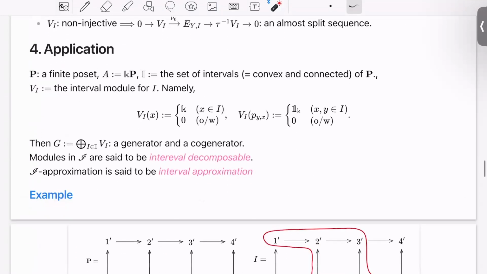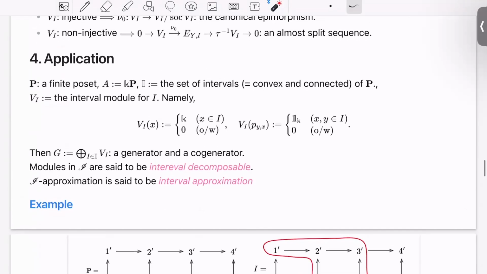Now, application. The main application is for the interval case. Now let P be a finite poset and A the incidence algebra of P, and I the set of intervals. An interval means a convex and connected subposet of P. And V_I is the interval module for I, namely,